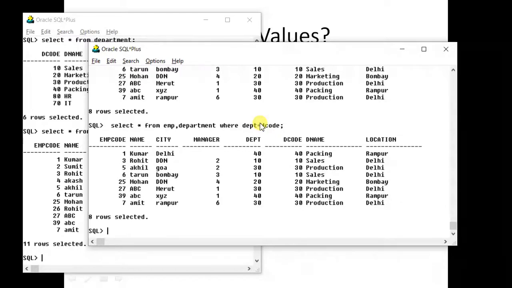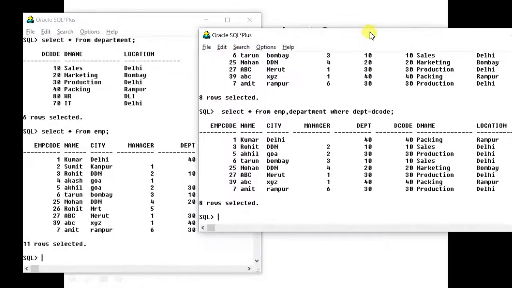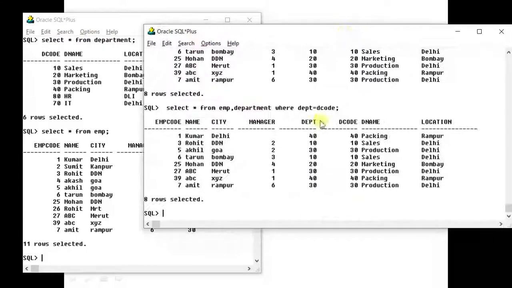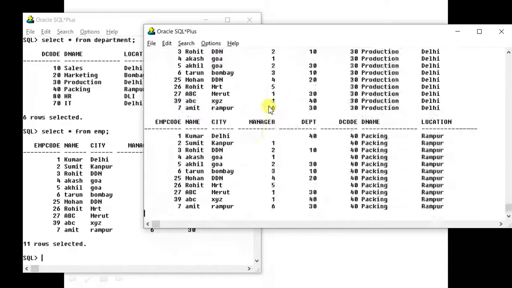Sometimes you will find joins where it can be greater than, less than, not equal to, depending upon the requirement of the query. But one thing which you will notice is that the number of employees was 11 and the output has come of only 8. I hope you have understood why. Because, as you must remember, if you run only this portion, a Cartesian product will come.